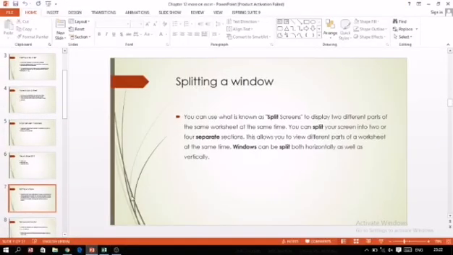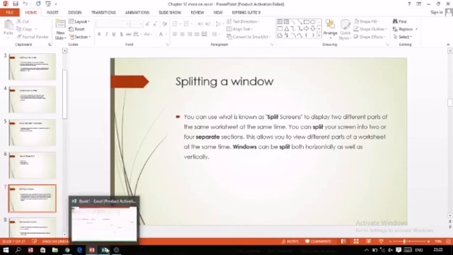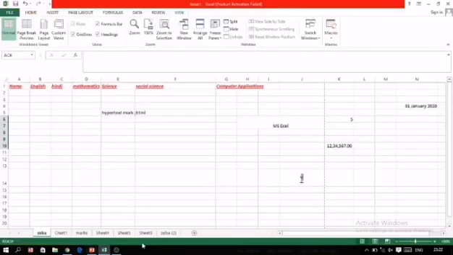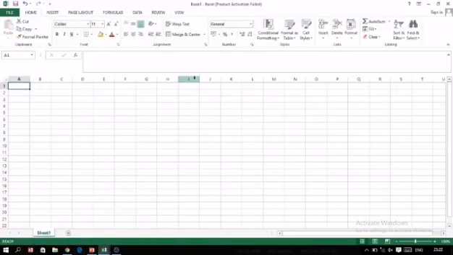The next is splitting a window. Sometimes we want to divide the window into two different parts, horizontally or vertically. How do we do it? For example, I'm just creating a new worksheet for you so you can easily understand.